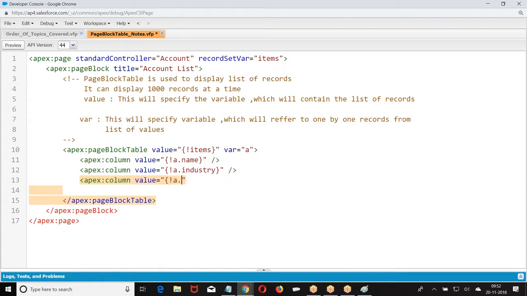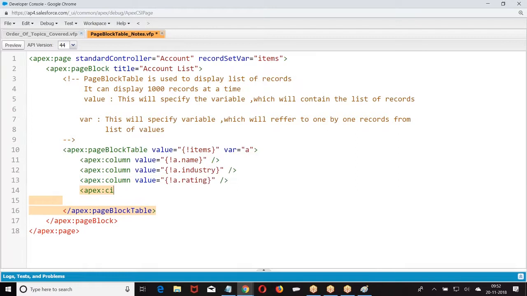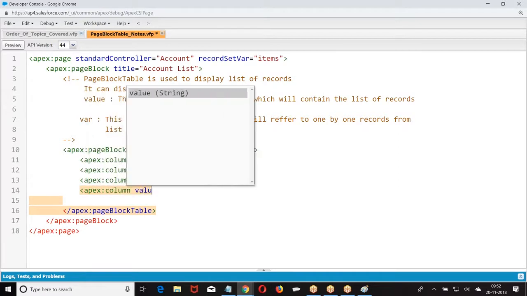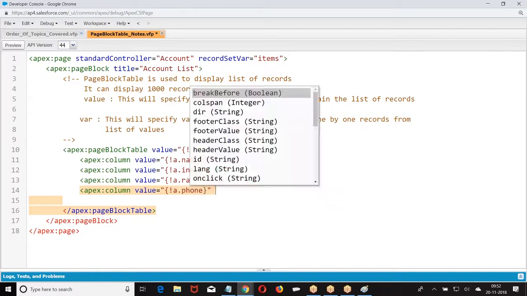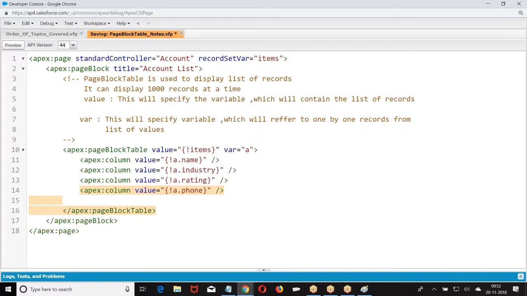Value equal to... So this is how we have created. Have a preview.